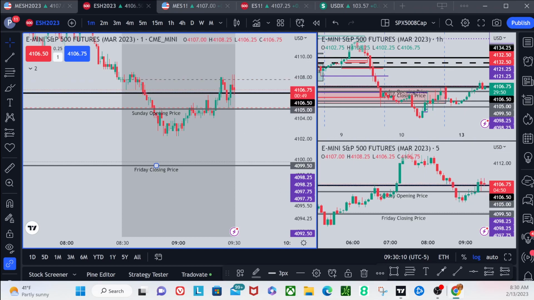And the midpoint between those two price points is this red line. You can see we came down to that beautifully so far this morning, showing a willingness to want to respect that level. So everything so far is delivered as